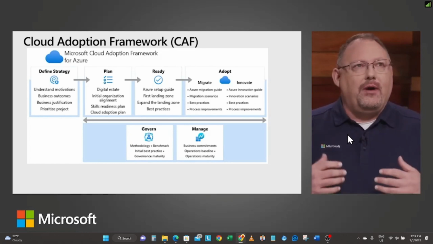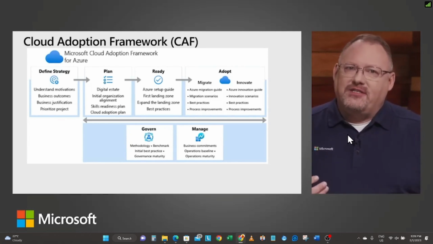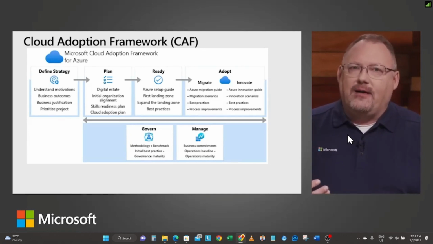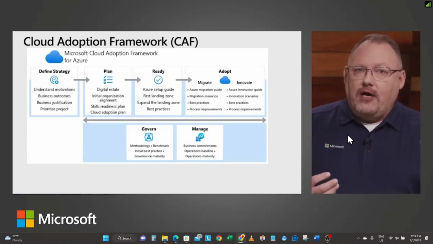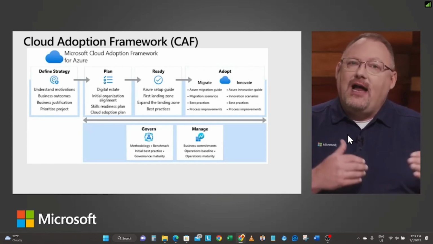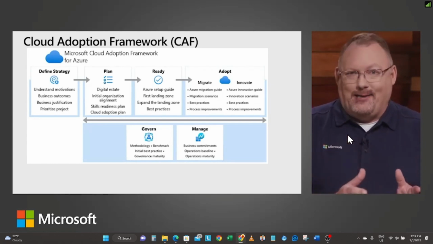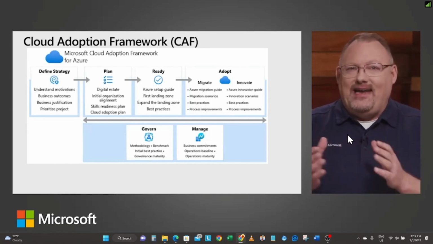Whenever people talk about the cloud, there's only two fundamental reasons they go to the cloud: to support a business objective that they can't really do easily on-prem, and/or to help save some money on expenses. Those are the two reasons. So define what is driving your adoption of cloud. Know what your motivation is. And that way you can move into that cloud.